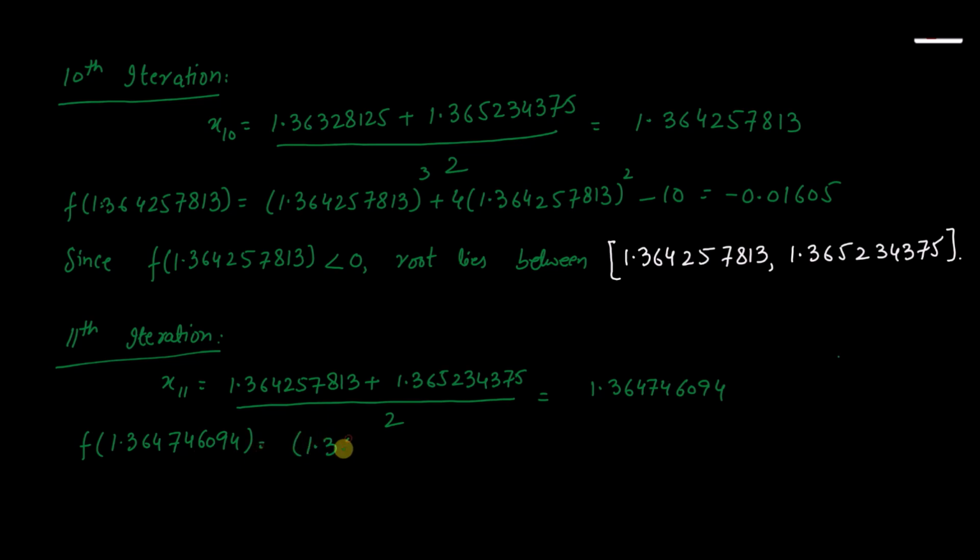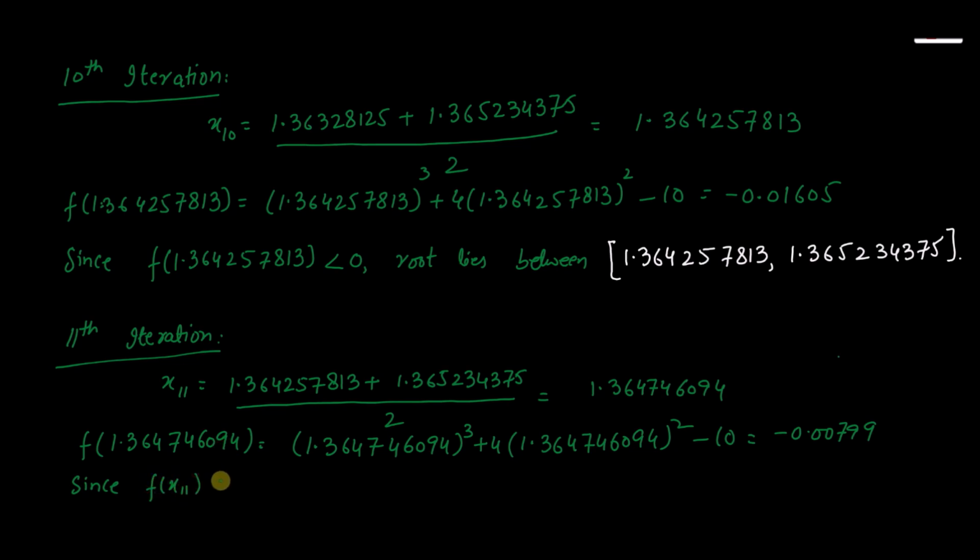So 1.364746094 raised to cube plus 4 times 1.364746094 raised to square minus 10. When we solve it, we get negative 0.00799. Since f of x11 is less than 0,